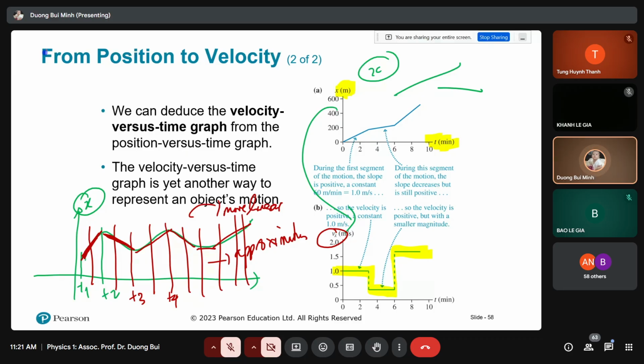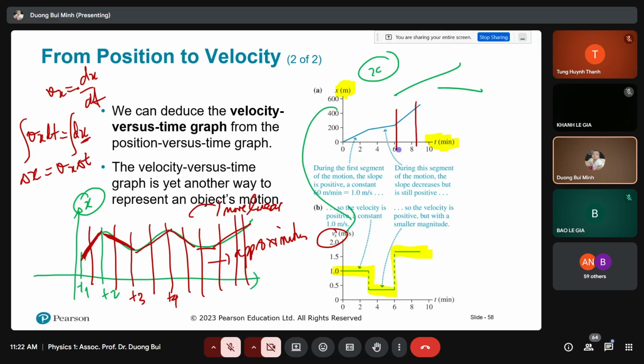And we know Vx equals dx over dt. So if we have Vx times dt equals dx, with integration of both sides, you get dx is Vx times dt. Here this is x. When we take the integration, for example, this is ti, this is tf, this is xi, this is xf, so you get the area, right? The integration means